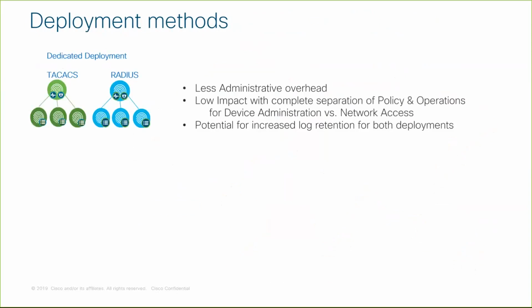But in case your deployment is large and you have 2 sets of users managing TACACS as well as network access, where network access means you have 802.1X, MAC authentication bypass, and other services running in your network, you need a separate deployment for that. This is to avoid any impact of device administration over network access and vice versa,